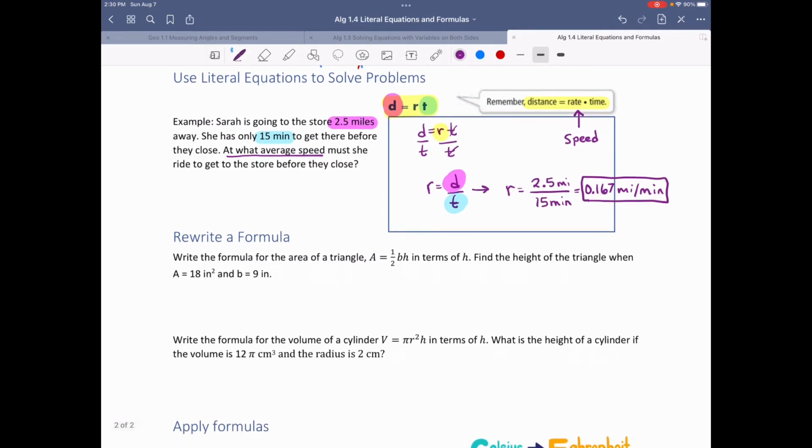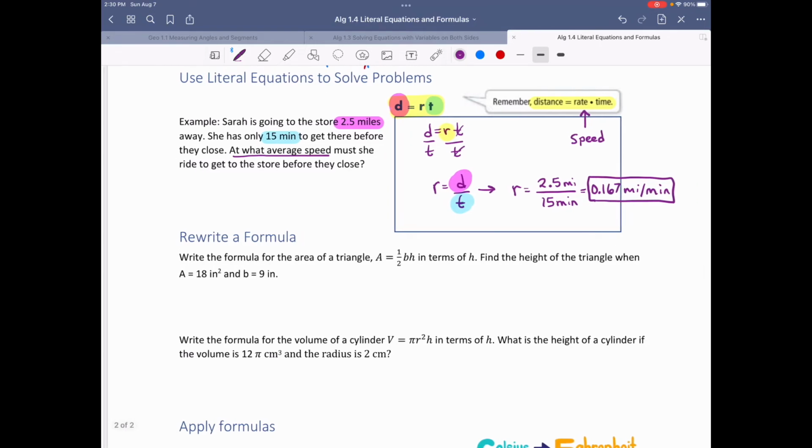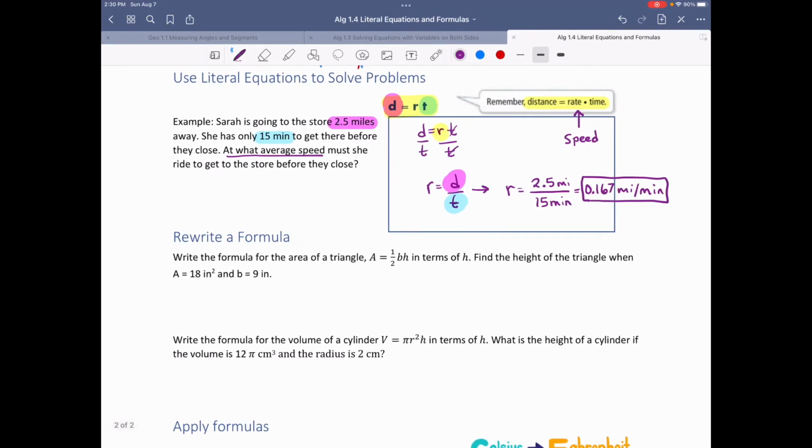Next problem, rewrite a formula. Write the formula for the area of a triangle, A equals 1/2 base times height, in terms of height. Find the height of the triangle when A equals 18 inches squared and B equals 9 inches. Let me do a little bit of review with you right now. So if we have a triangle